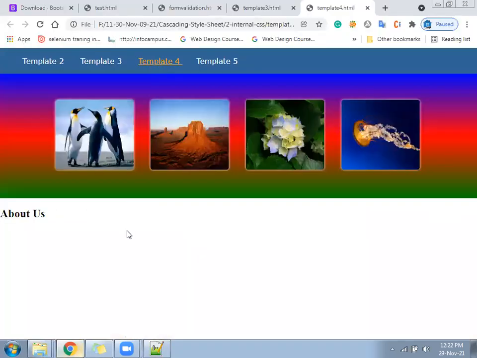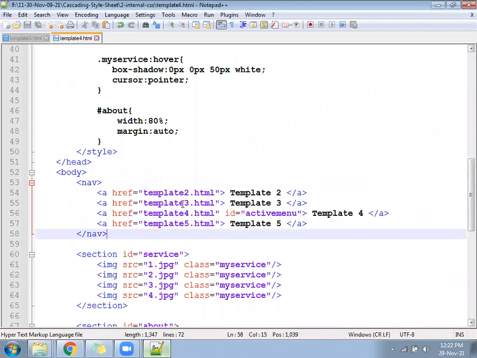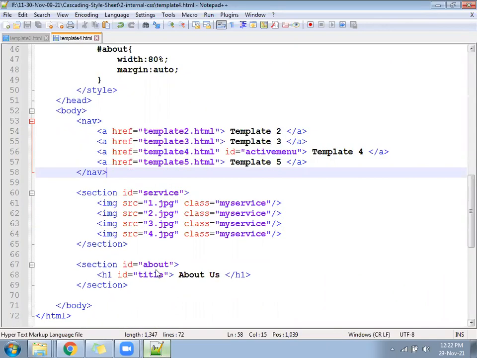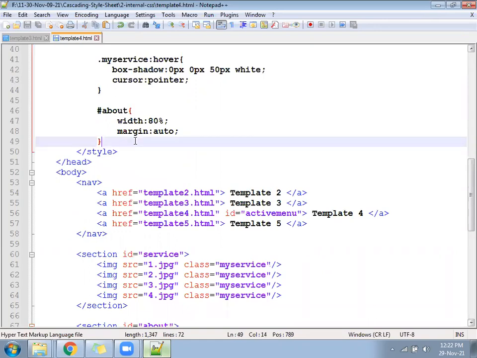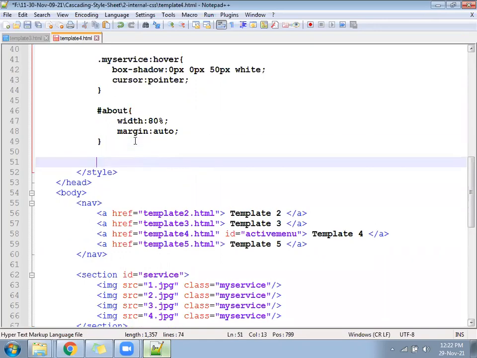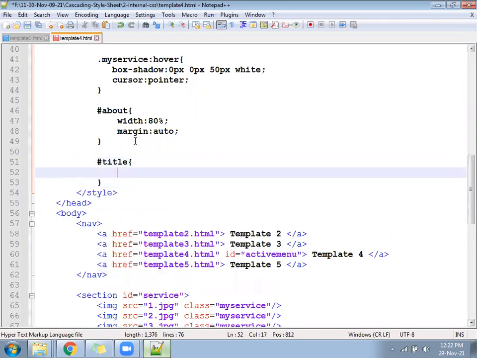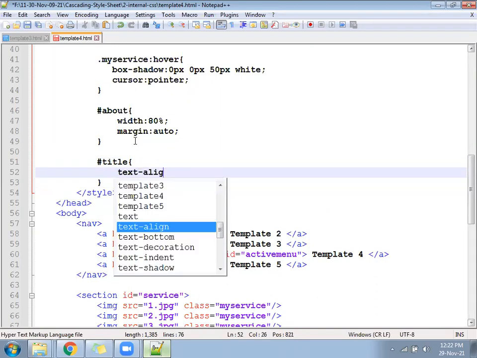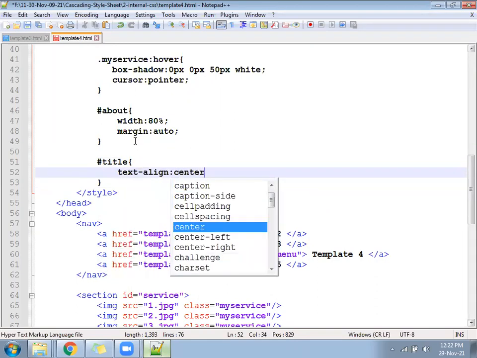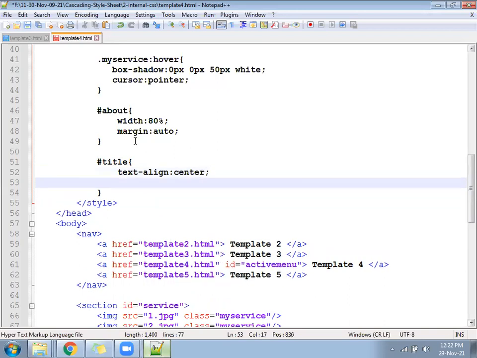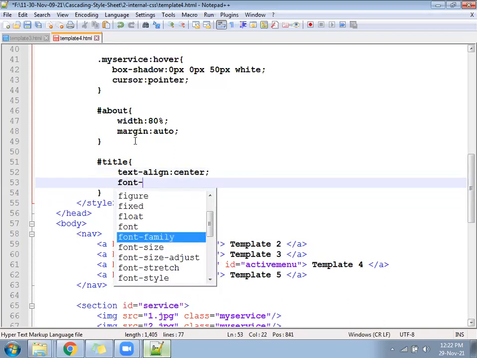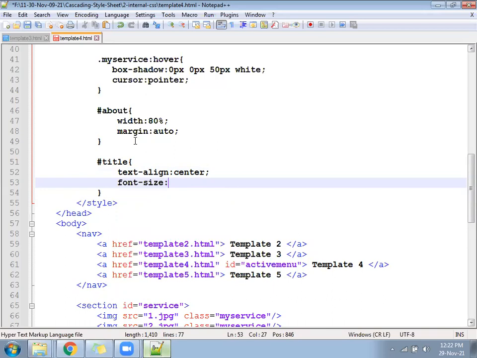Okay, so let's look now. Saying as about. Come down again. We have an ID called title. Write some CSS for title. As title, text-align colon center, and font-size. Font size somewhere 40 px.